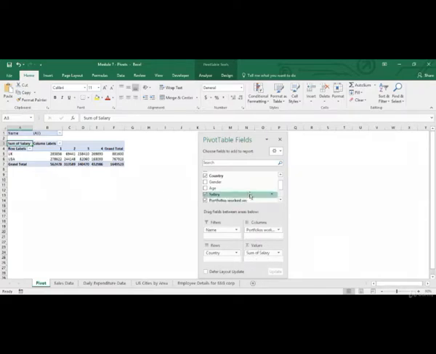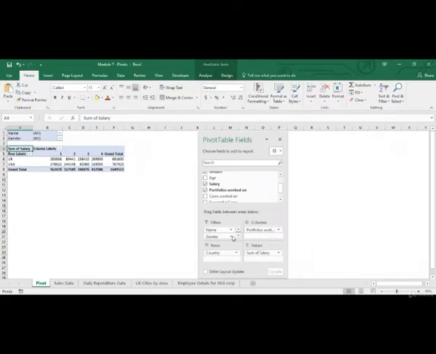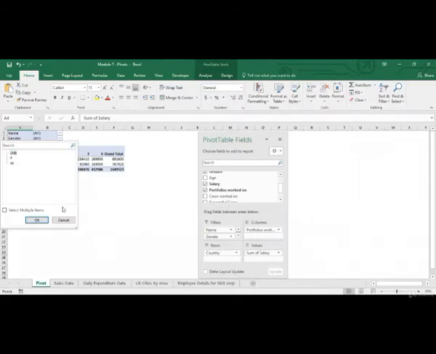Now let's try and apply some filters also. So let's put gender in the filter section. Now I've got gender appearing over here. Let's say I just want to look at the male population. So I'll click on this drop down arrow and this window will pop up. It shows the different values which are there for this particular variable. So for example, for name, we've got these different names.